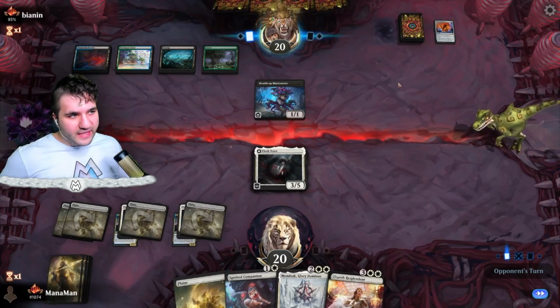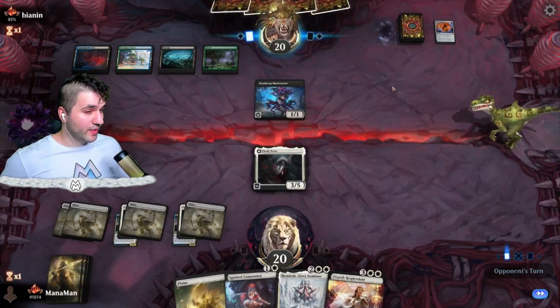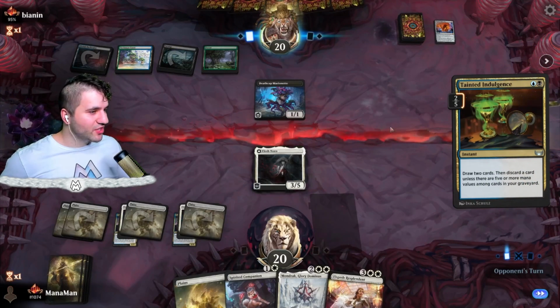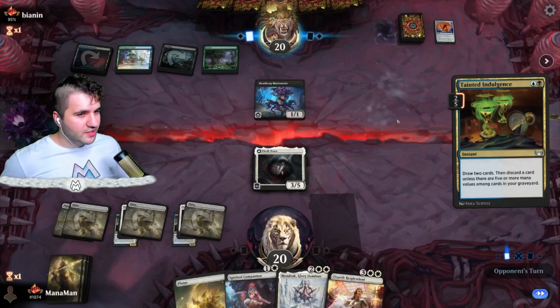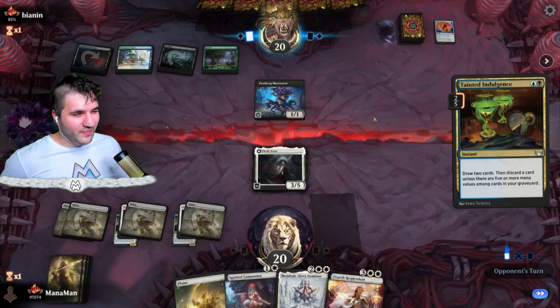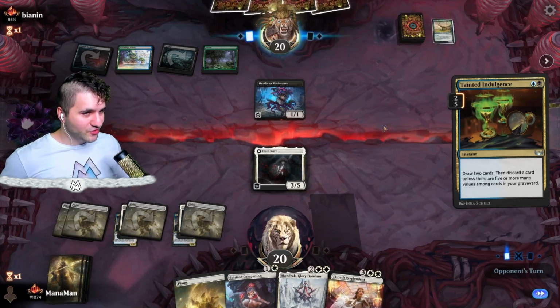I think if the way this deck works is that they don't have the Squirming Emergence, I mean, it's kind of hard for them to do anything. Tainted Indulgence, and then discard a card unless there's 5 or more mana values in your graveyard. They also want cards in their graveyard, so I do actually kind of like the Tainted Indulgence. A card from New Capenna that I completely forgot about, to be honest with you, but Tainted Indulgence, we'll go ahead and give you a...